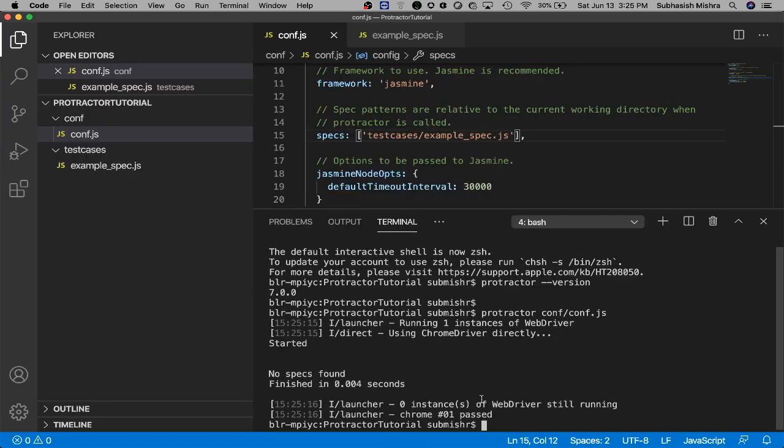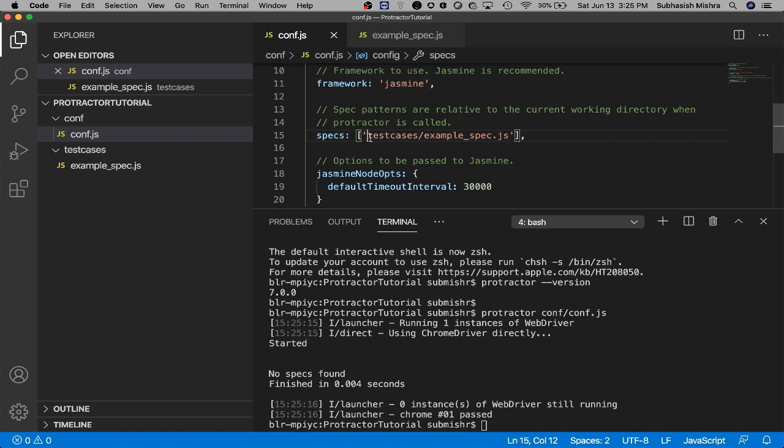So we are seeing there is no specs found and finished in 0.004 seconds. So it didn't get any spec. Why didn't it get one? As we are using a relative path in our specs inside our conf.js file, something is wrong here.